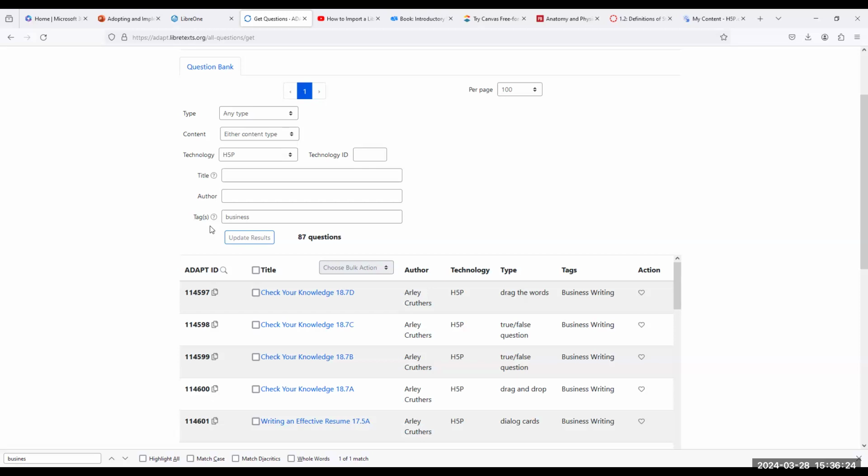Can I ask a question? Of course. So is that saying that that person, Arlie Crothers, actually developed this in H5P? Yeah. And the type is drag the words, true, false? Yeah, there are multiple types of H5P questions, right? And indeed, I think